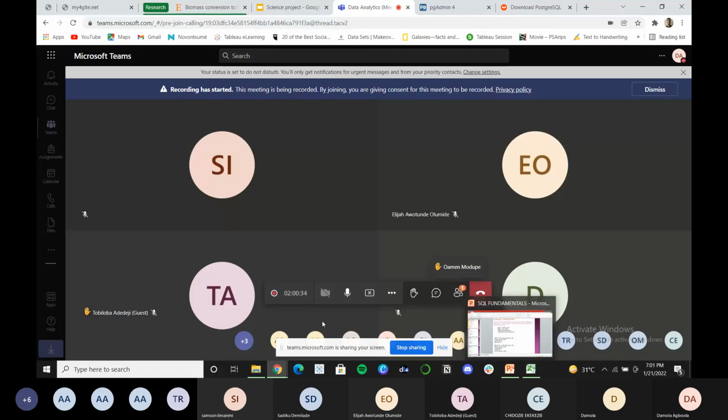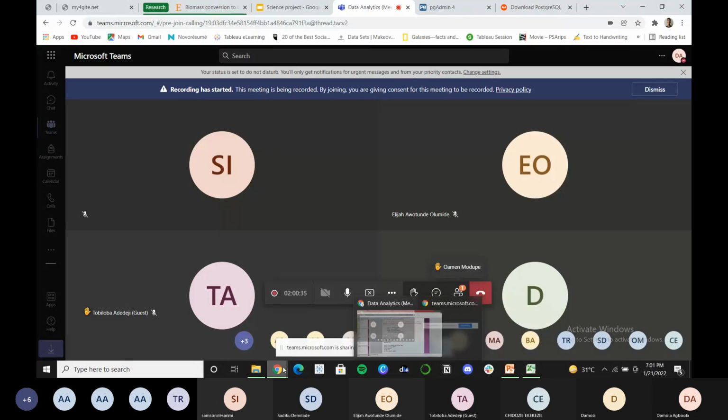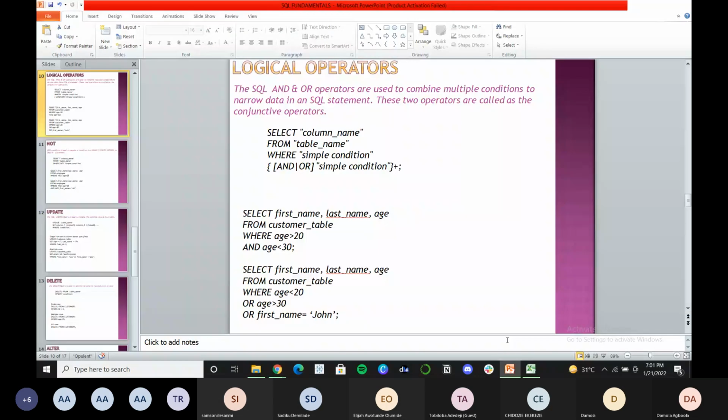So I'll be moving to the next. So we have the AND, we have the OR, we have the NOT. So you just feel free to go to the slides. Now I'm going to the update. Now updates